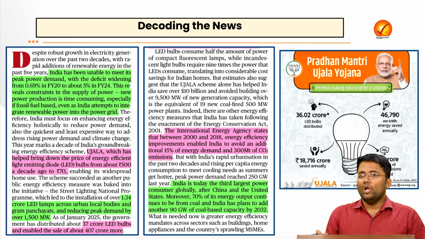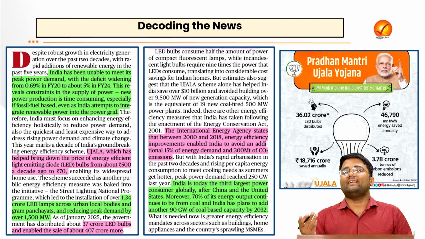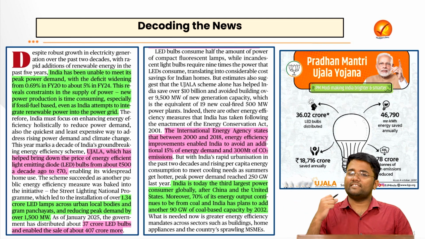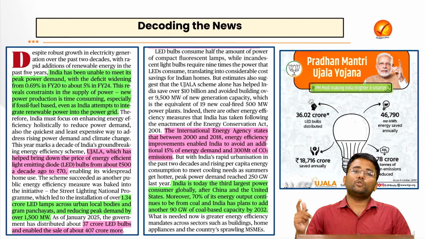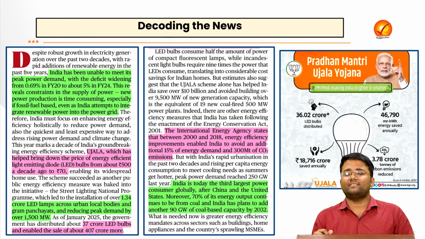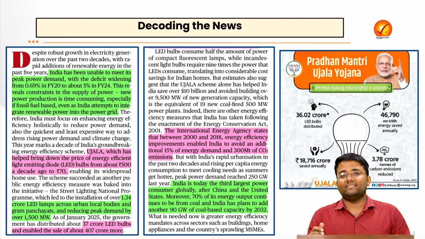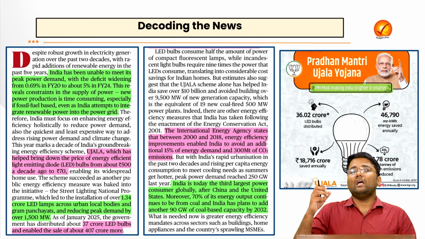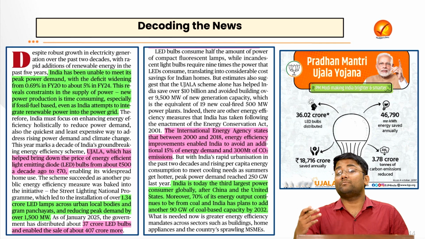The writer is saying that if India goes for energy efficiency, for example with the appliances we use, the ACs at our home, whether they are 3-star or 5-star, if we shift to 5-star, obviously the electricity consumption will be lower. Instead of using bulbs, if we shift to LED bulbs, that will again consume less electricity. Shifting to energy efficient appliances will help reduce our energy use, and will also help ensure a much better future.